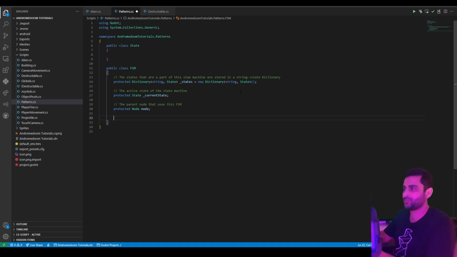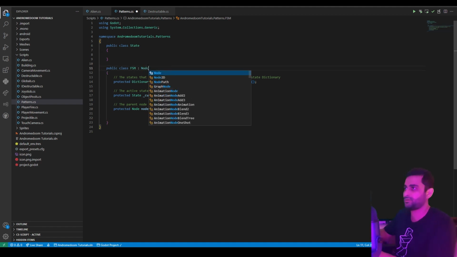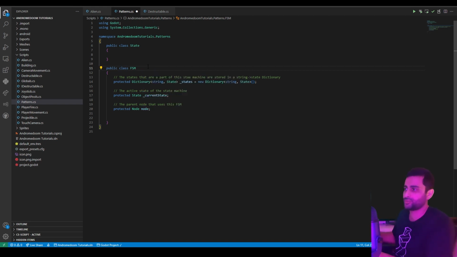Now anytime you build a custom class that does not inherit from a built-in type in Godot, you should define an empty constructor, for reasons that I am not sure, but just to be defensive. So here's our empty constructor. But the constructor we want to be using is